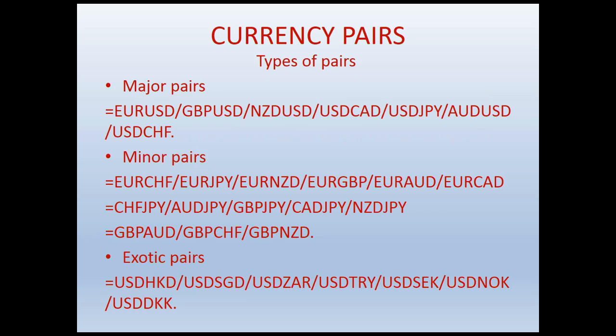Currency pairs. In the forex market, we have something called currency pairs, and these are the types of currency pairs that we have. We have major pairs, which are EUR/USD, GBP/USD, NZD/USD, USD/CAD, USD/JPY, AUD/USD, and USD/CHF. Those are the 7 major currency pairs. Then for the minor currency pairs, we have EUR/CHF, EUR/JPY, EUR/NZD, EUR/GBP, EUR/AUD,